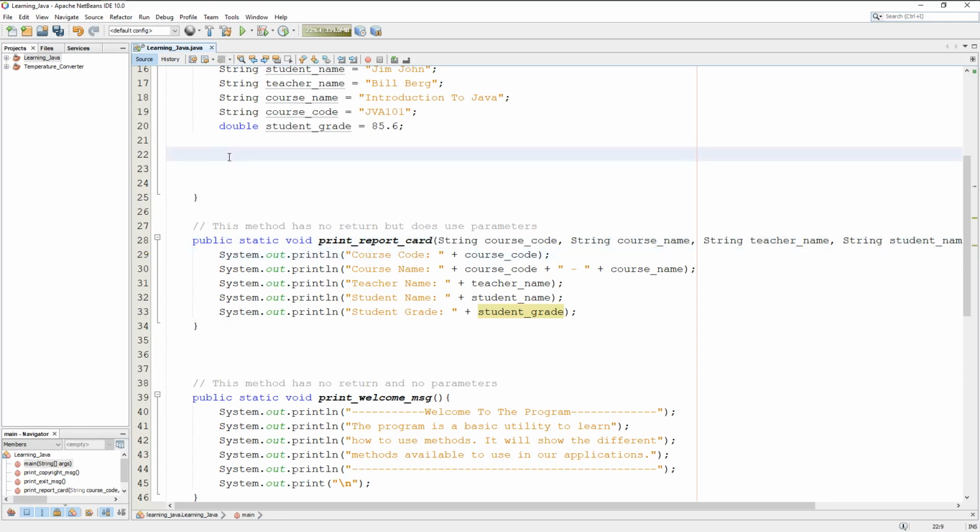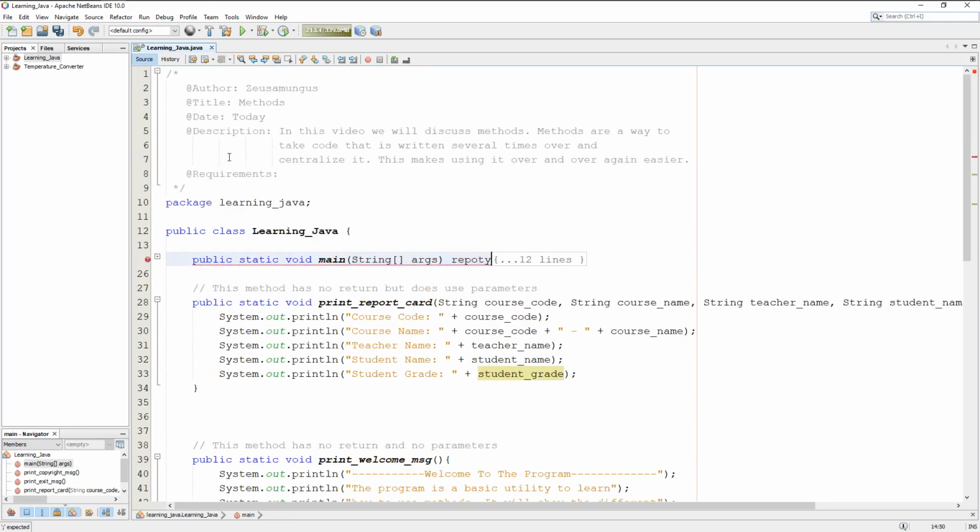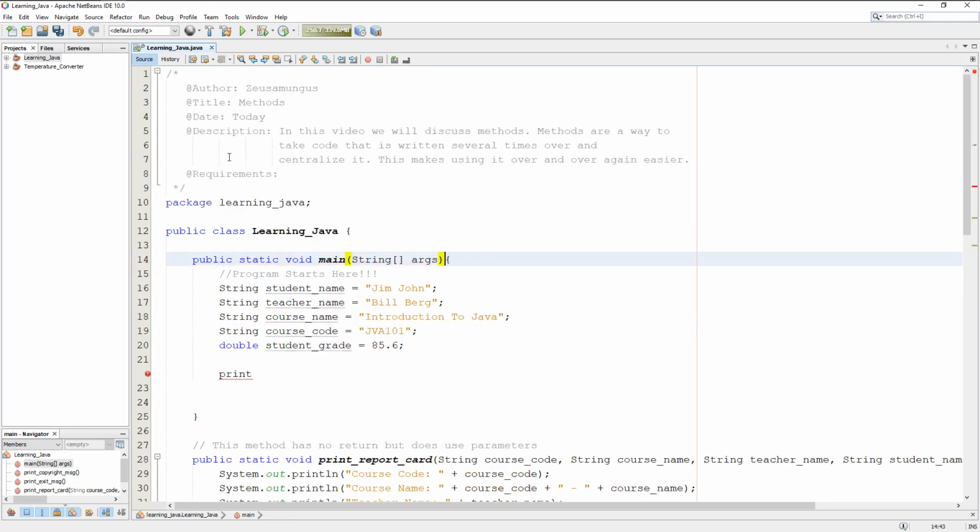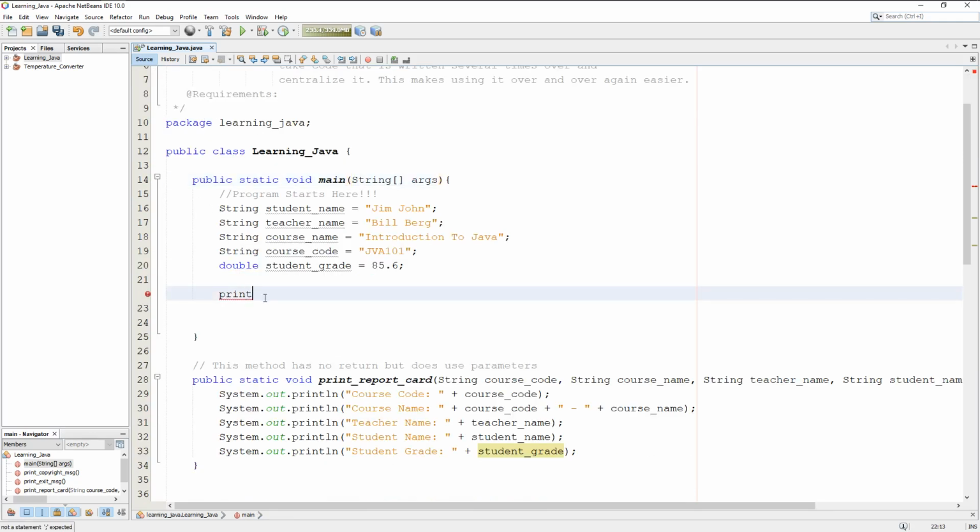Okay, so we'll come up here now and we'll just go quickly. Print underscore report card. Oh geez, I hit my touchpad. I always turn it off, but somehow it always turns back on. Report card. All right, and then we have now the same way that we would use our other methods, but